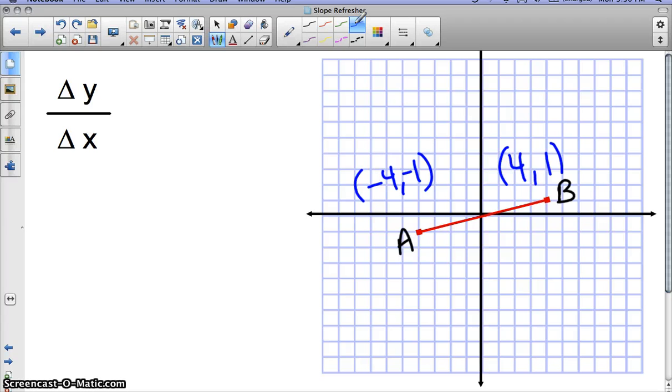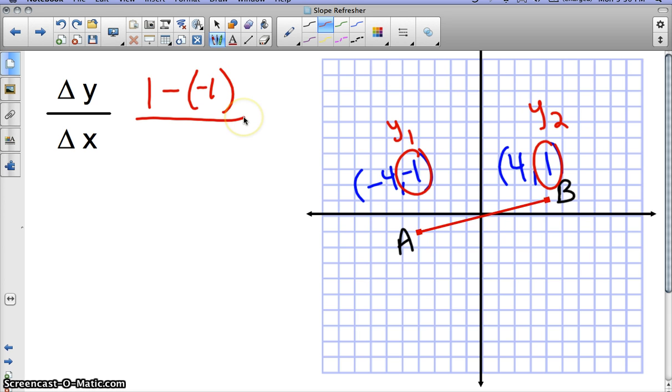So I'm going to take 1, and I'm going to subtract negative 1. I'll show you, actually, let me back up. I'll show you where those numbers are coming from. Alright, colors. Here we go. Alright, so y2 is over here, and y1. So 1 minus negative 1